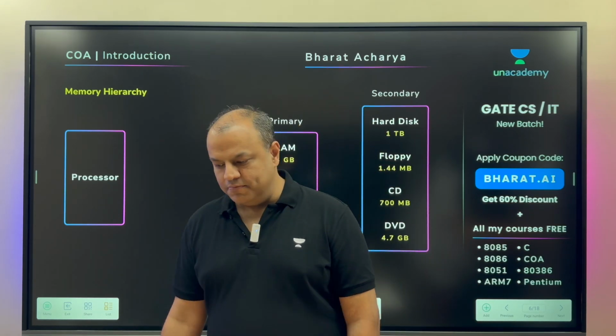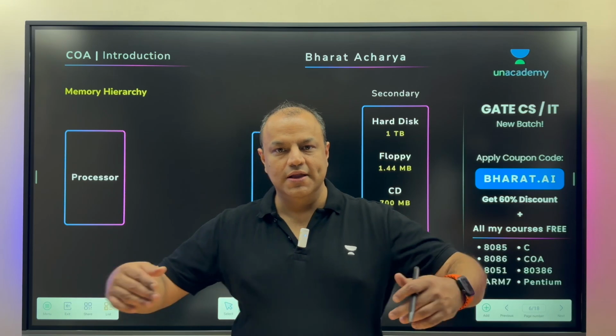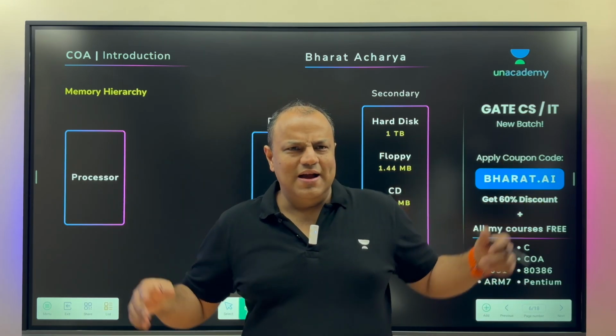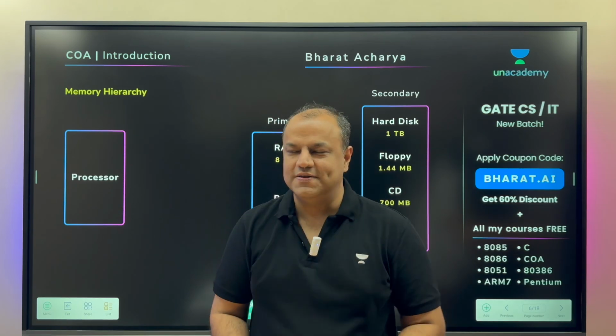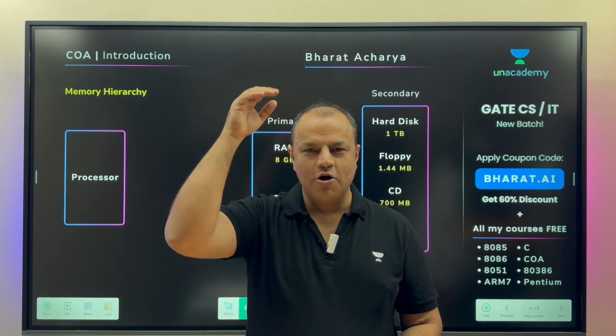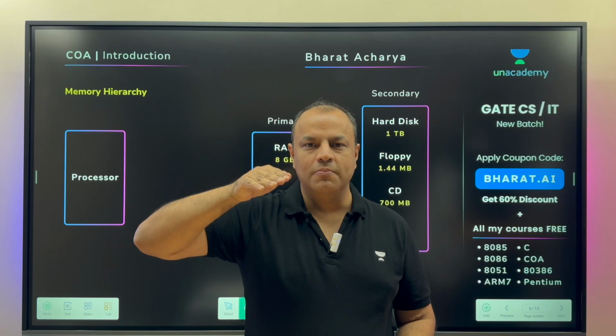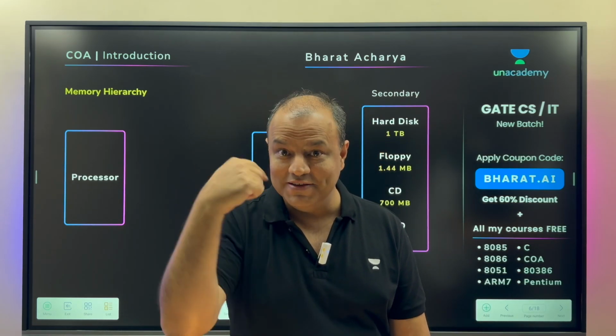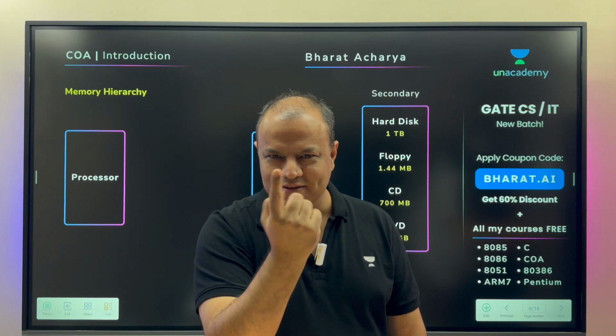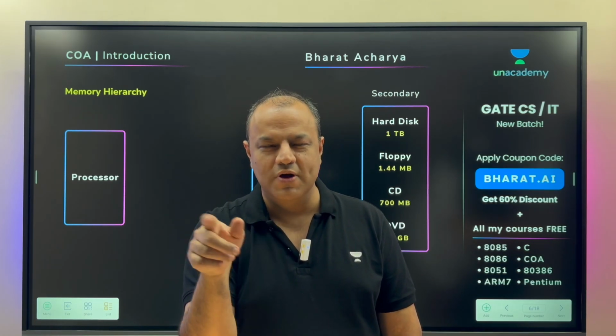It's just that ROM has evolved over the years. You learn that in CO, though I doubt it's ever going to be asked because it's too simple. It's a discussion that will get over now itself. So there was original ROM in the 70s, then came PROM, programmable ROM. Yes, you heard me. Programmable ROM. That means it's ROM that can be written, but only once. So it was also called OTP-ROM, one-time programmable ROM.